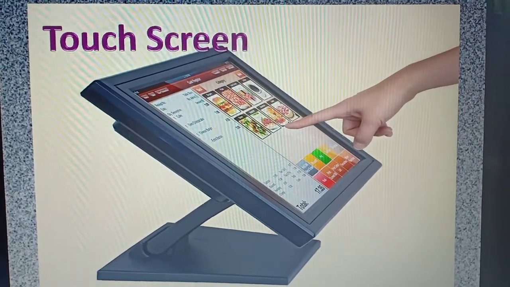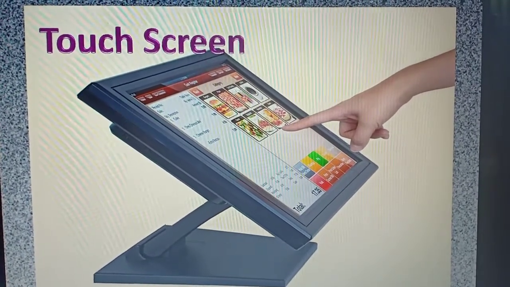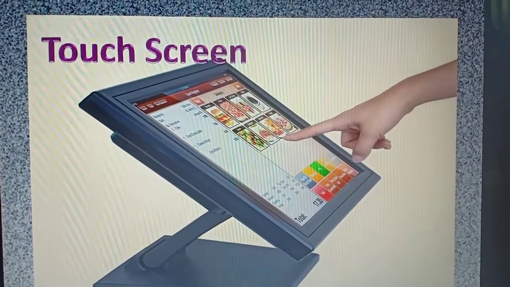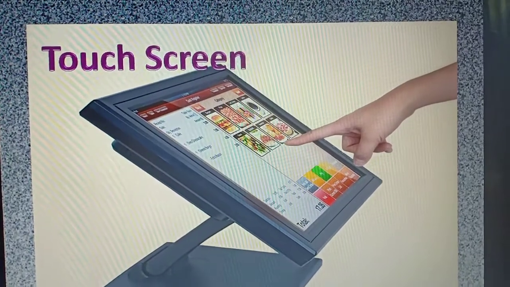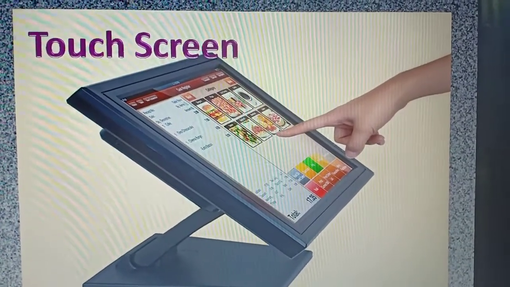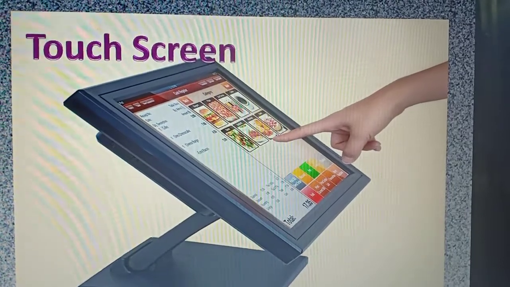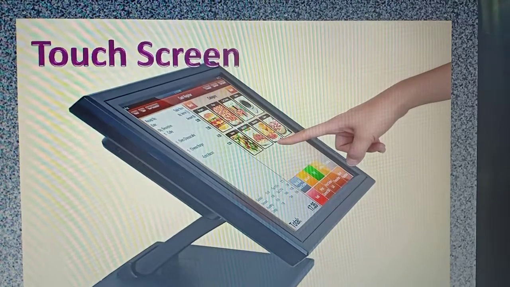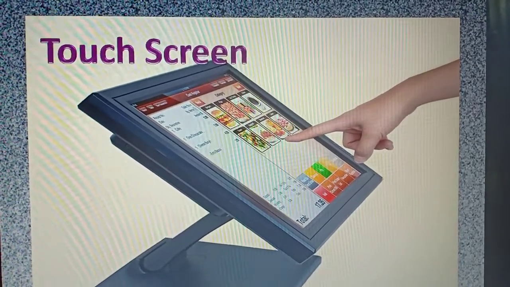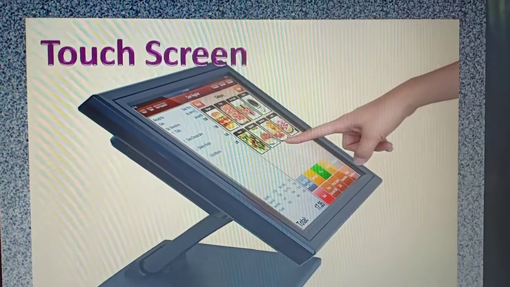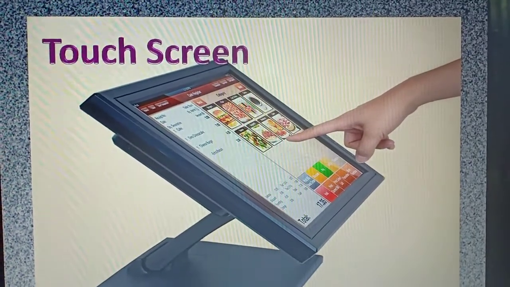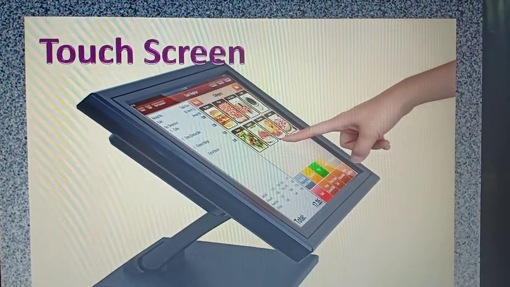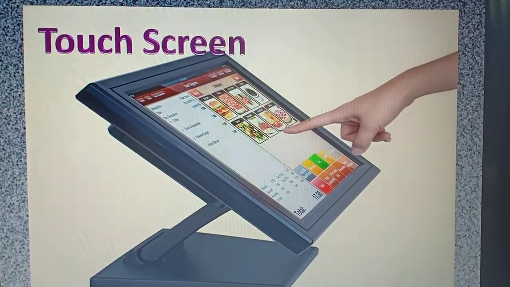This type of touch screen we can find in the shopping malls or the food ordering restaurants. Okay, so this is the touch screen. The best example of touch screen is our smartphone. In this smartphone we can use the smartphone only by touching with our fingertips. Nowadays touch screen laptops and touch screen computers are also available in the market. So this is the touch screen input.